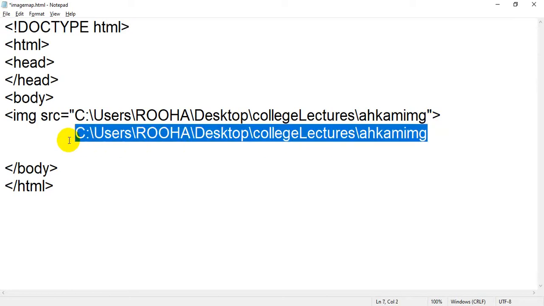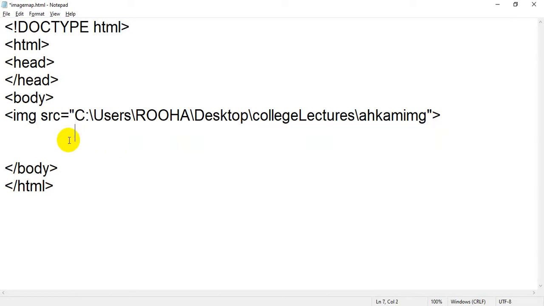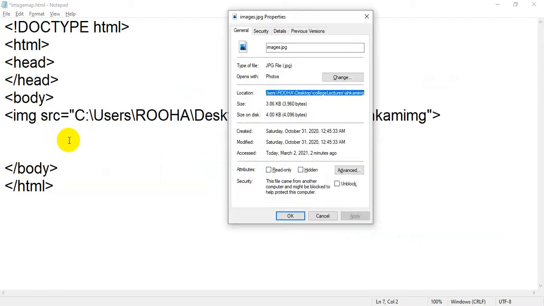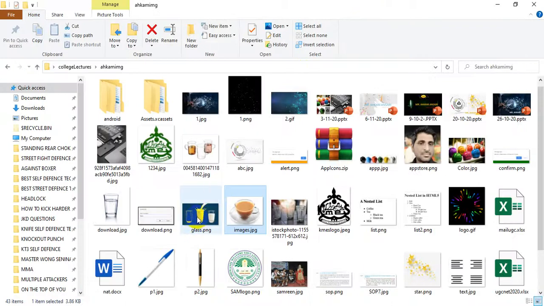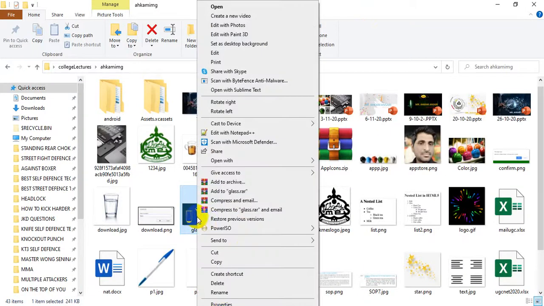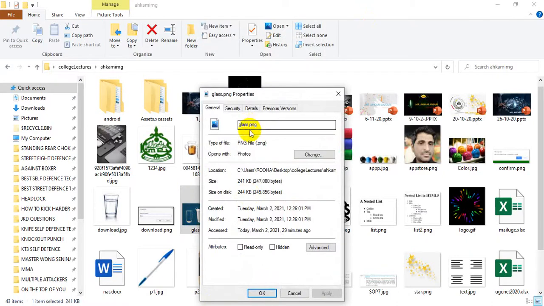How will we come to know what the name is? Just go back to your Properties tab, for the image which you want to insert. I want to insert this image, so I go back to Properties and take the name. This is the name of the file, with the extension, glass.png.